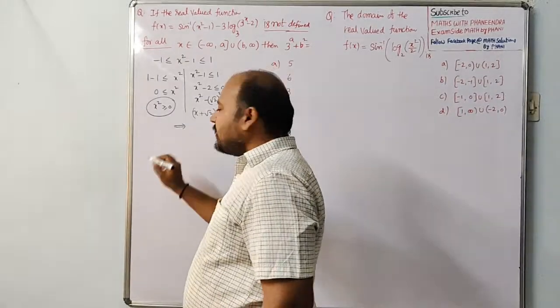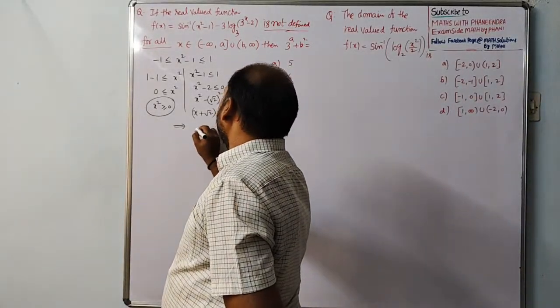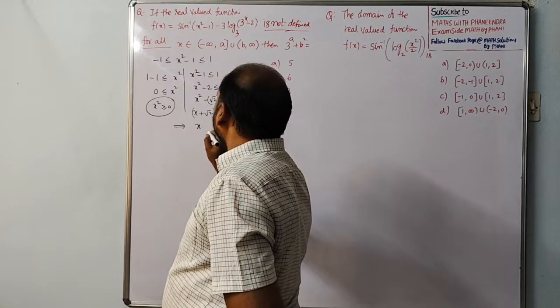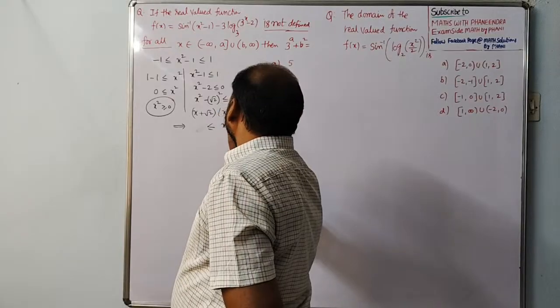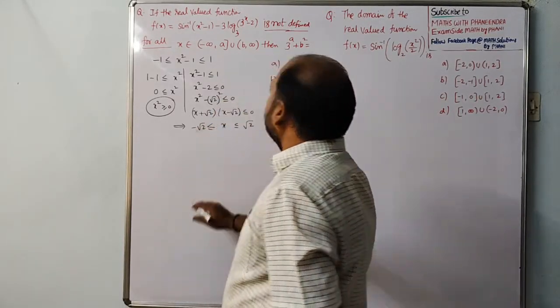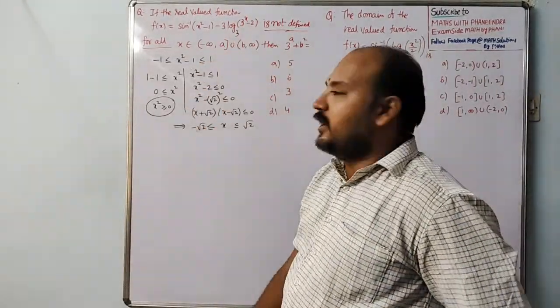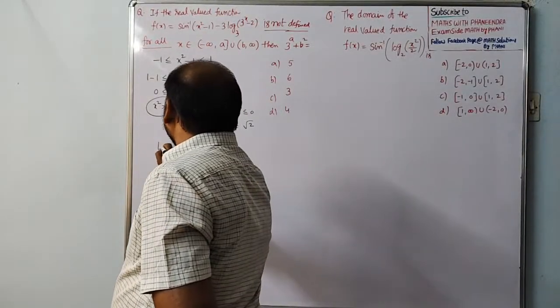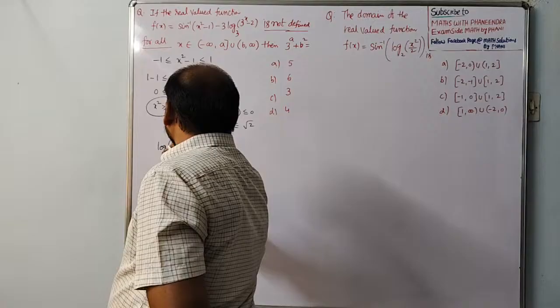That implies that here x lies between minus root 2 and plus root 2. This is one value. Now the log function: logarithm of 3 power x minus 2 to the base 3 is defined